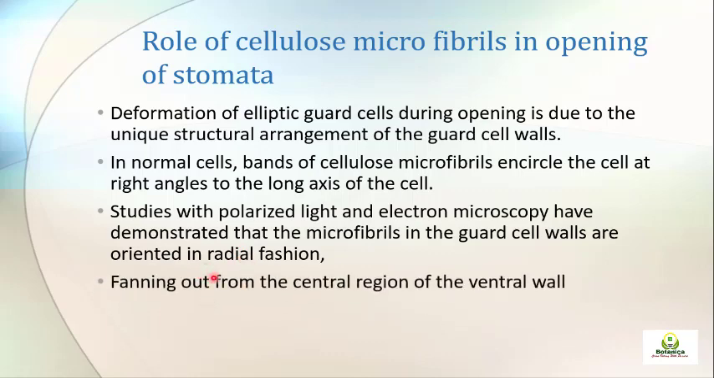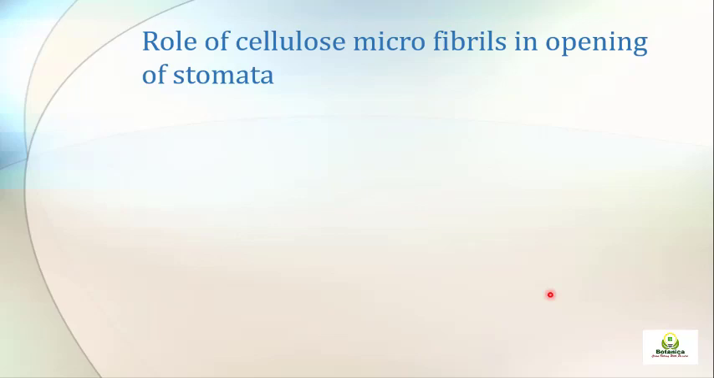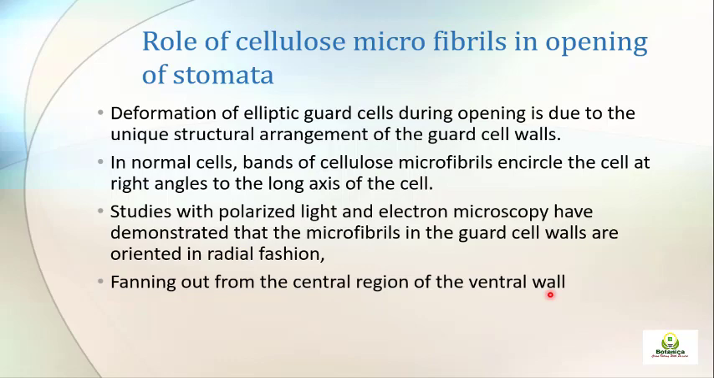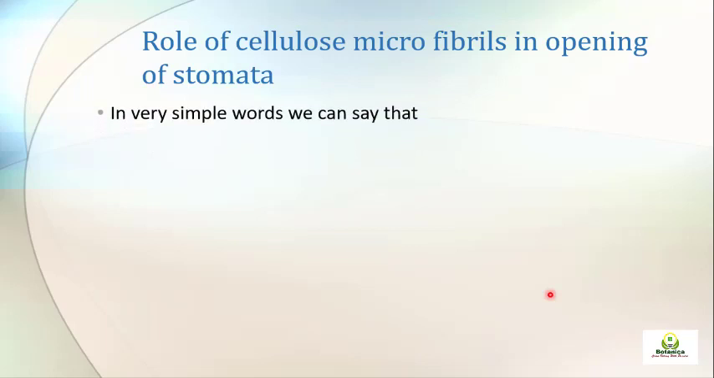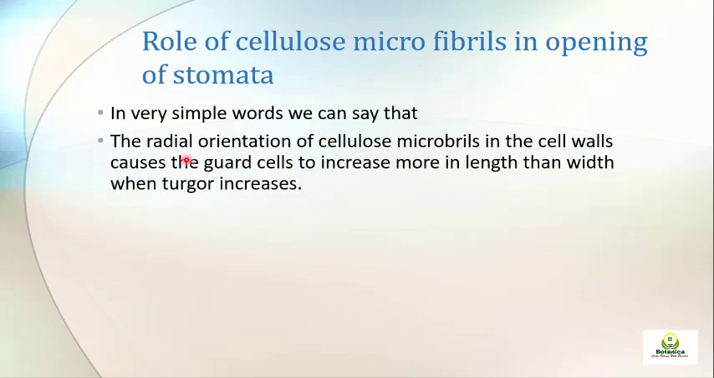So what shape do they give? They are fanning out from the central region of the ventral wall. They look like they are going outward, and that's why we call it fanning out. In very simple words, we can explain the arrangement of cellulose microfibrils like this: the radial orientation of those cellulose microfibrils in the cell walls, which is specialized to the guard cell, causes the guard cell to increase more in length than width